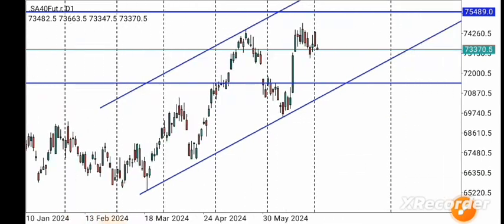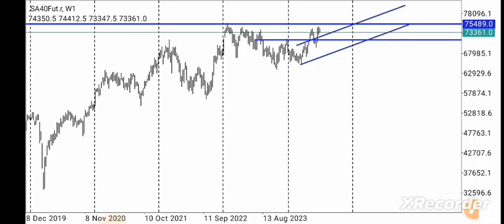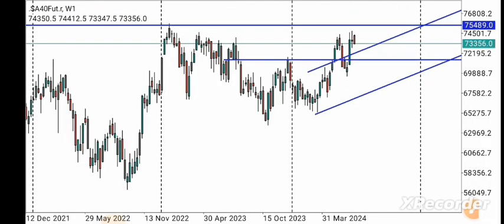So as you guys can see at this point in time, this index is very much mixed, as much as we have all these great structures. And at this point in time, just based on the daily chart, I would not buy or sell for that matter. And the best thing may be to actually wait for the market. If I can just go back to the weekly chart, right, the best thing may be to wait for the market